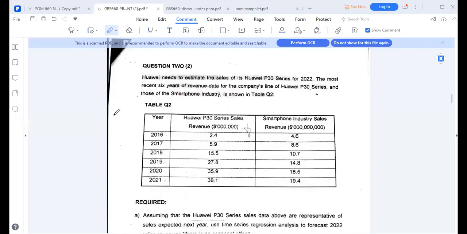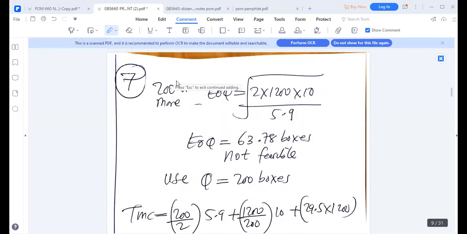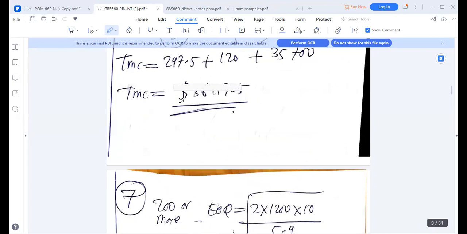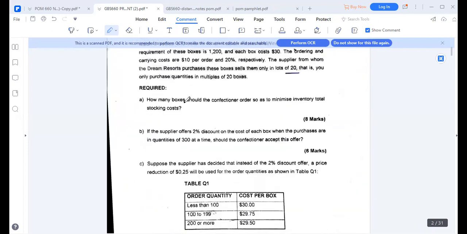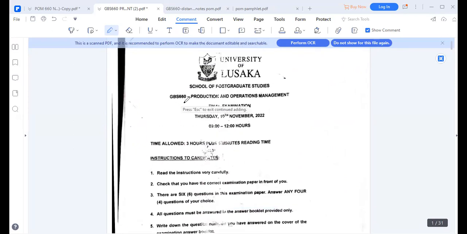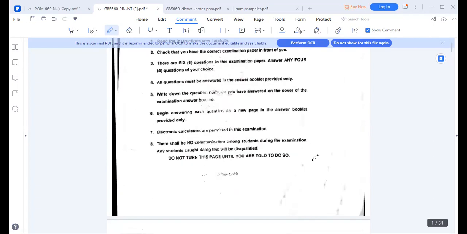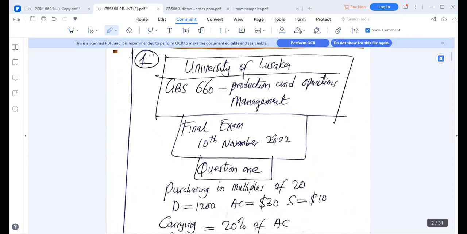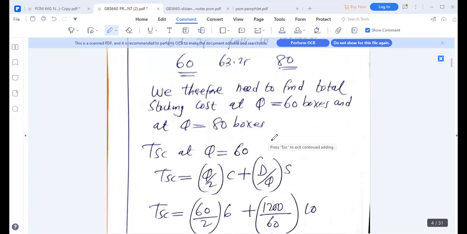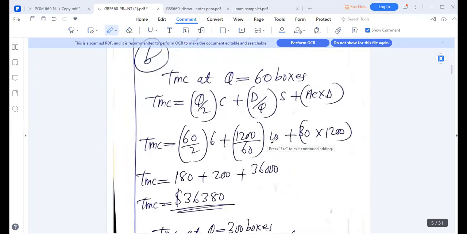All right. As we get down to the problem, we have this question. This came as question 2 of the most recent exam paper. The first part of the question was on inventory. For those who missed inventory management, don't worry, we'll still get back there. This exam was written on 10th November 2022. So question number 2 was on forecasting. The first question was on inventory. Then we have this question 2, where we are saying